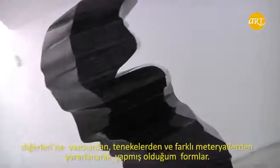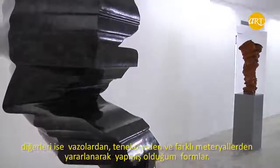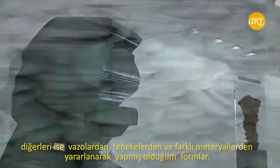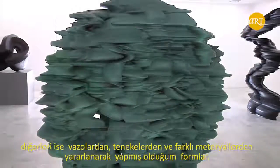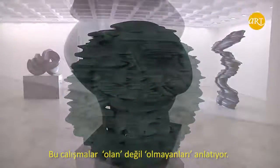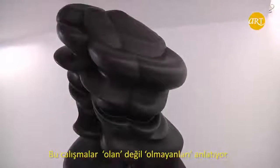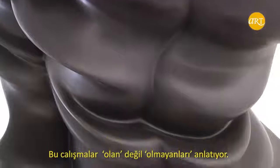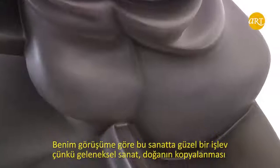And the other kind of work in this exhibition is what I call early forms. These are basic things. They're something like vessels, bottles, containers, which are morphologized through space onto one another. Maybe it's a sculptural idea. It's the idea of not being interested in the things that are there, but being more interested in the things that are not there. And I think that's a good function for sculpture,